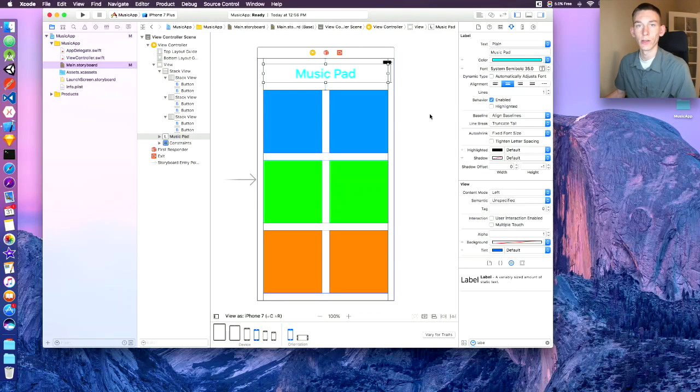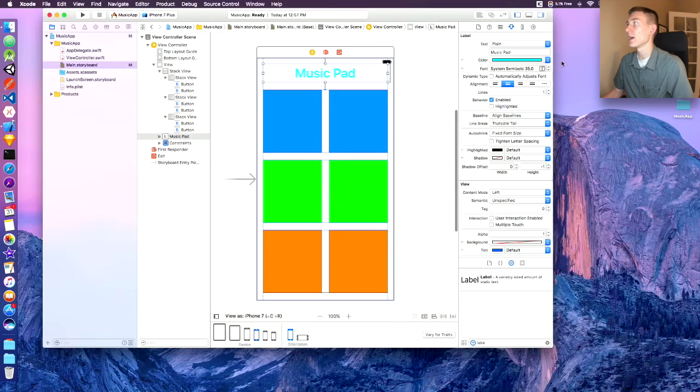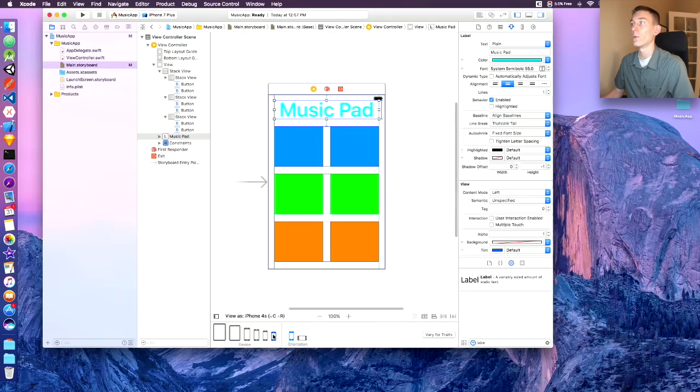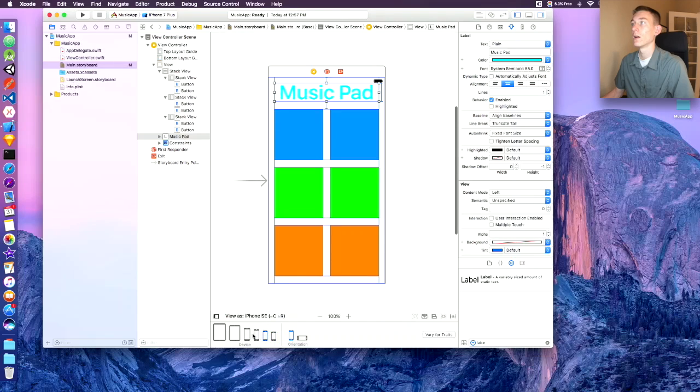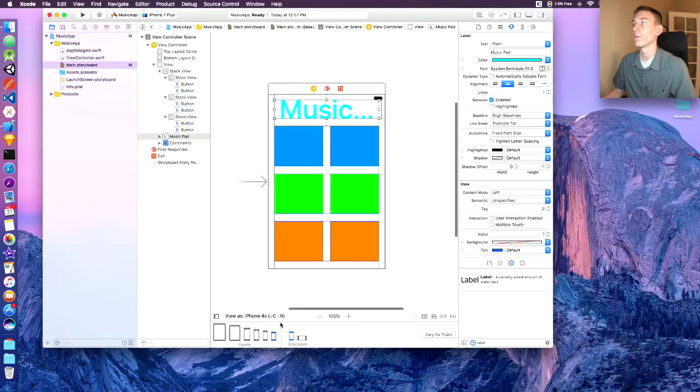One thing to note on a label. You see how my font is kind of big here? If I go to a smaller device size, okay, I didn't do it here, but say I made this font really big, right? It fits on the iPhone 7, but if I go to the iPhone 4, oh, it fits on all of these. Let's make it bigger. So here, it fits on the iPhone 7 Plus, but if I go to the iPhone 4, you see how